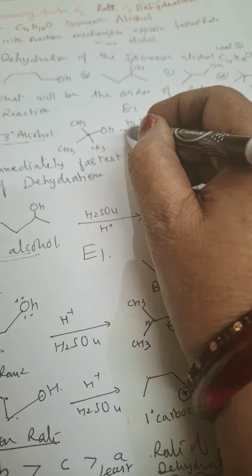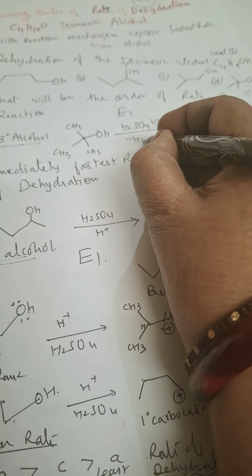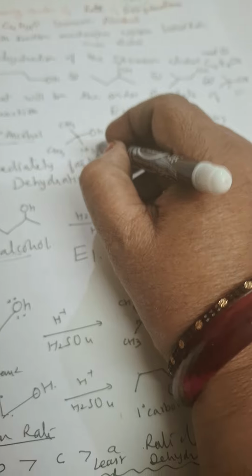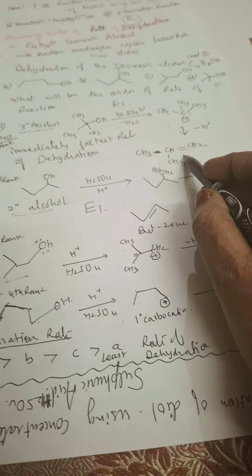With conc. H2SO4, first of all, protonation will occur, and simultaneously dehydration will occur. So this will be cleaved. So we will get a 3 degree carbocation, then minus H positive, deprotonation, we will get this